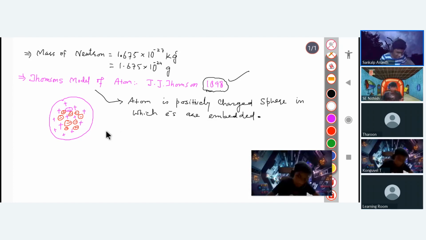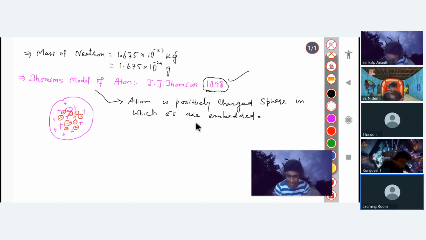Sir, how can he say that? He just said it's positively charged, and he can't say it's neutral. Why are you only reading the first part of the sentence? Why are you not reading the complete one? He told that atom is a positively charged sphere. It is half of the part. The next is, in which electrons are embedded. So when electrons are also embedded there, the whole atom will act as neutral. You will write here that whole atom is neutral,